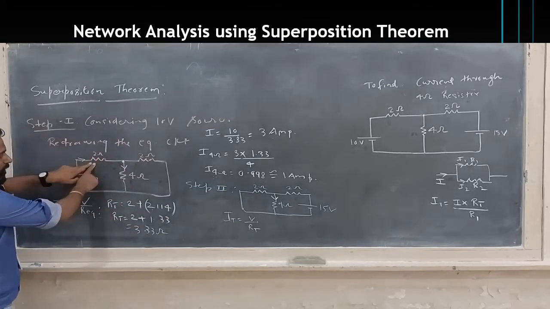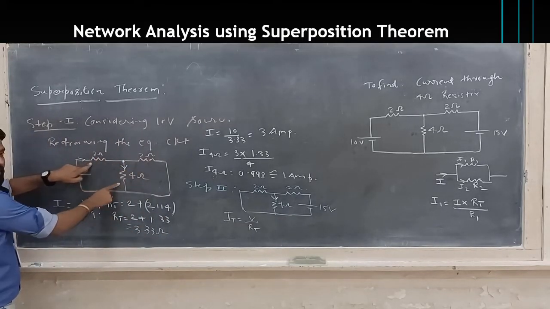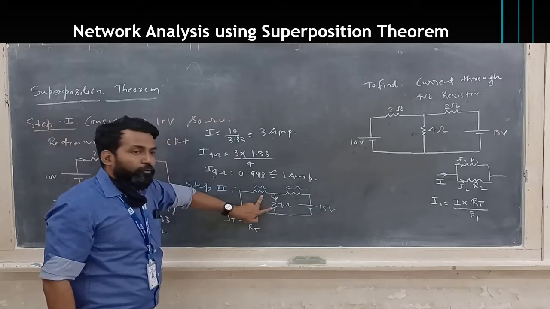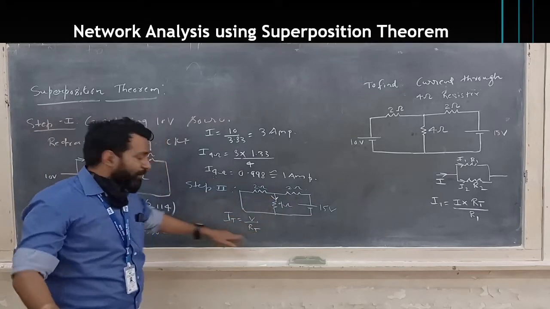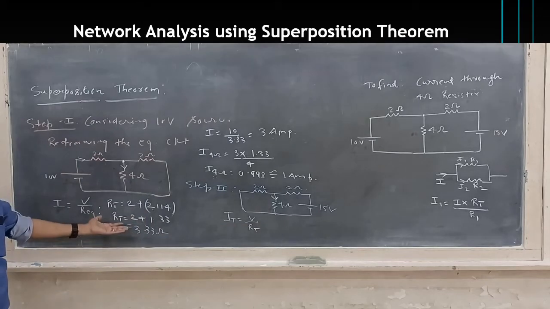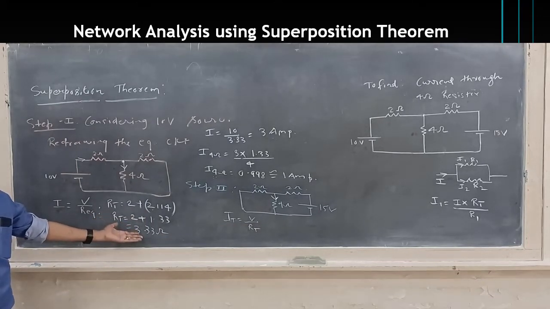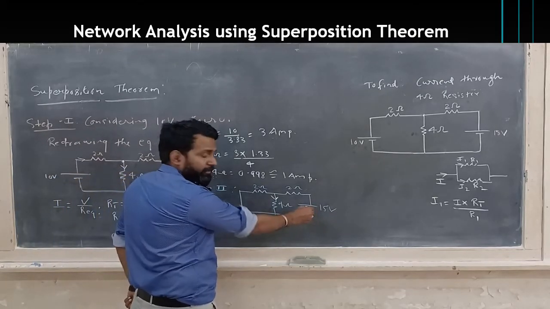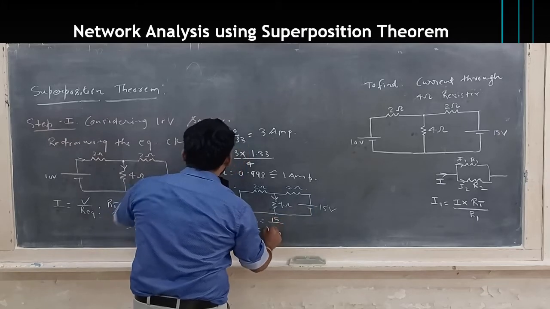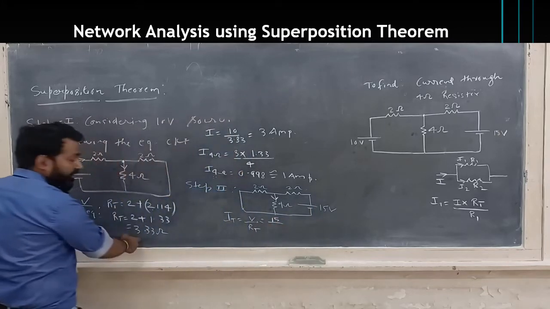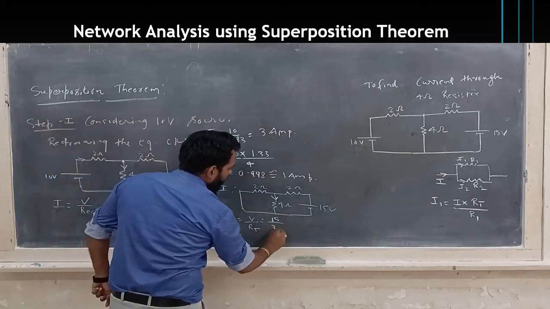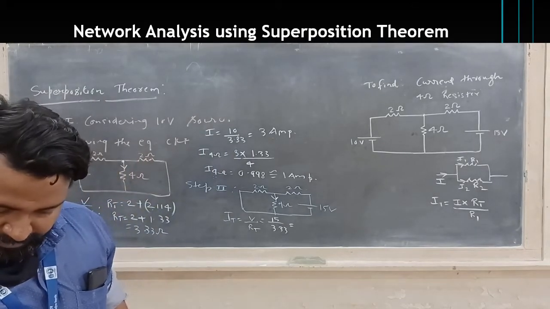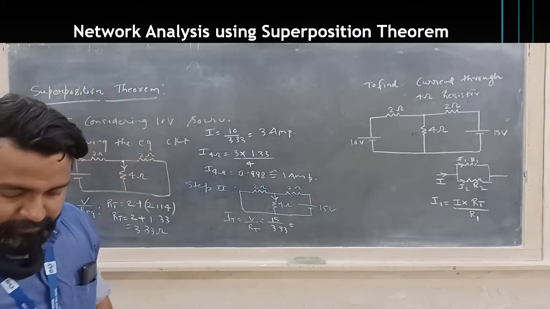Can you see here 2 in series with the parallel combination of 2 and 4? Yes or no? Yes. In our case also, here it is 2 and here the parallel combination of 2 and 4. The value of RT will be the same as this. Yes or no? Yes. So here we can find it. The value of V is 15 volt. In our case, V is 15, so 15 divided by 3.33. The value of RT is 3.33. So I total is 15 divided by 3.33. It is 4.50 ampere.